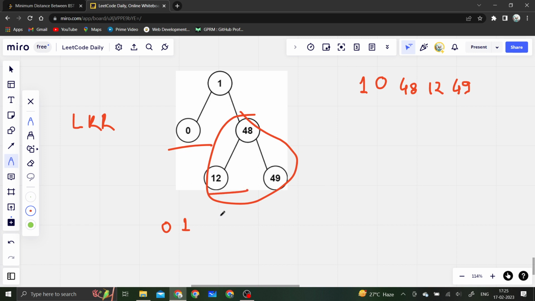So we will be considering this node, right? So we'll be considering 12 here, and after that we will be considering the root and the right, that is 49. So if you see, this is an in order traversal which has given us a sorted array, which we need, right? We need to sort the array, but we already got the sorted array by doing the in